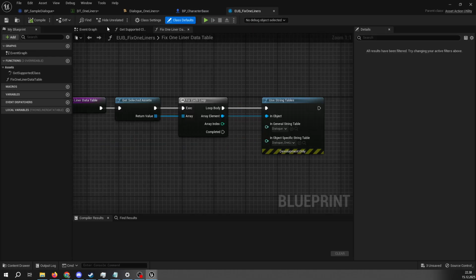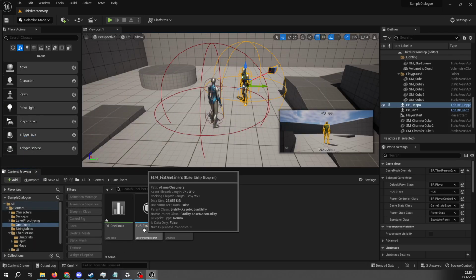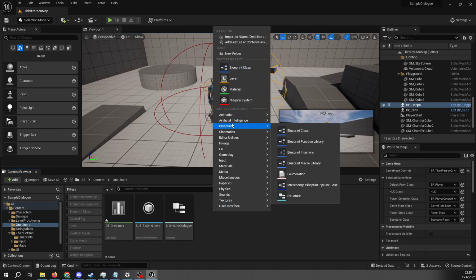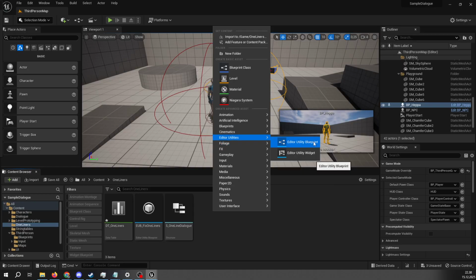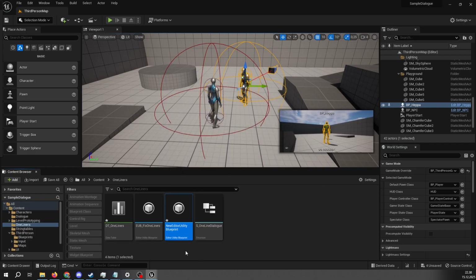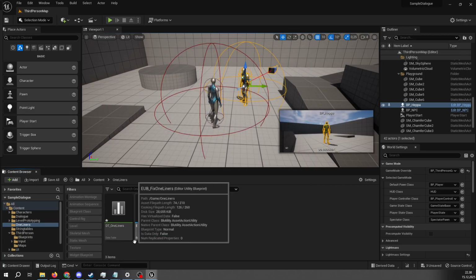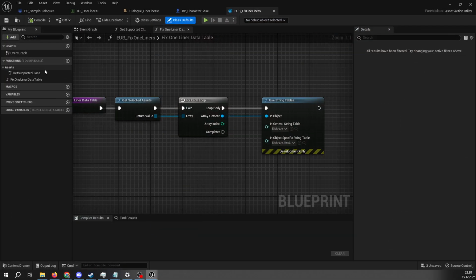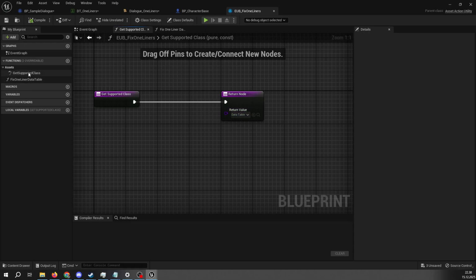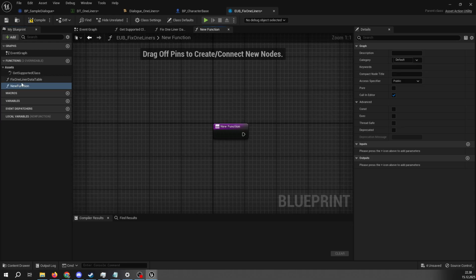And then for the editor utility blueprint, if you've never done those before, you just go to editor utilities, editor utility blueprint, and you select asset action utility, and you name it something useful like fix one-liners, and you need to implement this class get supported class and return data table as the supported class,